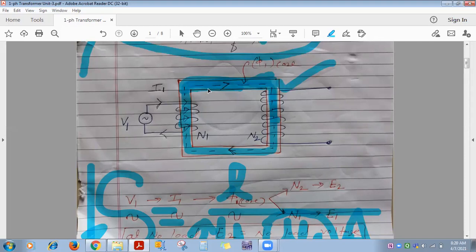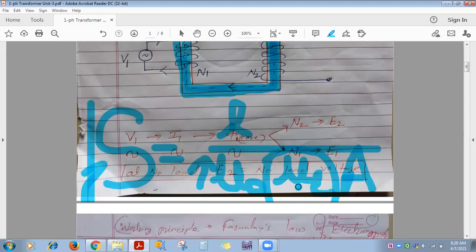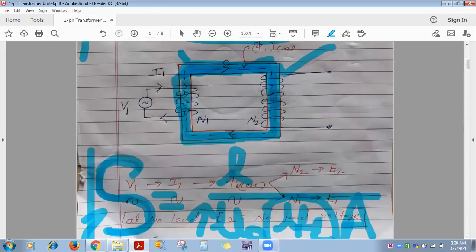That is what is expected. Here you should use such a material which will carry maximum flux, so that the efficiency of this transformer will be more. That's why this magnetic core is made up of silicon steel. Why is it made up of silicon steel? Clear? Because silicon steel's relative permeability is very high. That's why reluctance, capital S, will be very less. Reluctance is less means opposition to the flow of flux will be less. That's why maximum flux will flow through this magnetic core.